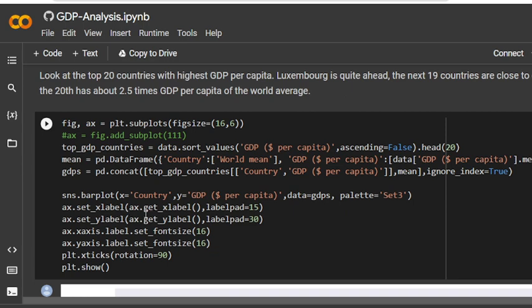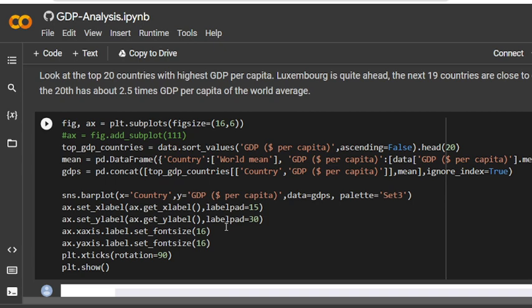If you are not getting the labels, I already have a number of videos where you can see how to label your data. ax.get_xlabel with labelpad 15, and similarly the y label, ax.set_ylabel with ax.get_ylabel,